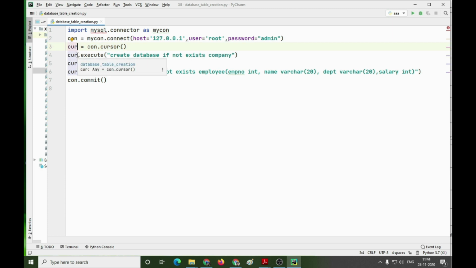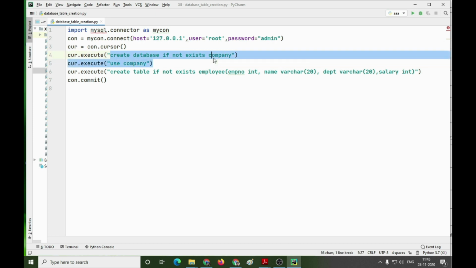The next step, we have to write cursor.execute for executing the commands. First of all, we want to create a database, so we will write create database and then the database name. It may happen that the database already exists, and in that case you will get an error message. So if not exists is added as a command: create database if not exists, then the database name.